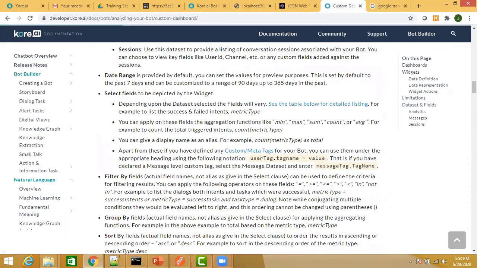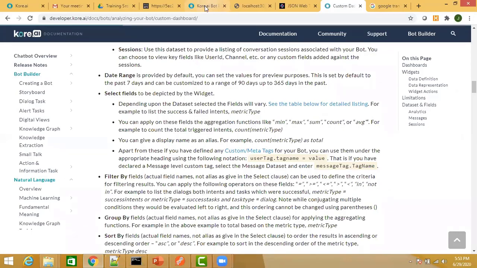So you can see from here, the max, min, sum, count, average, all of these are available. Similarly, you can find all the operators that you can use in the filter by field. Okay, so this way you can create your custom widgets and add them to your custom dashboard.